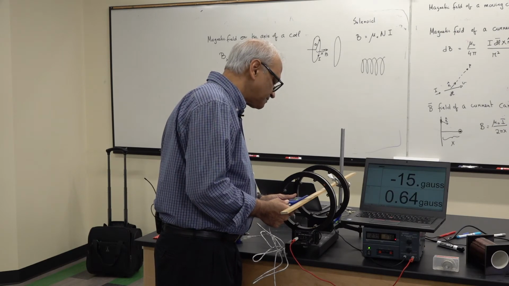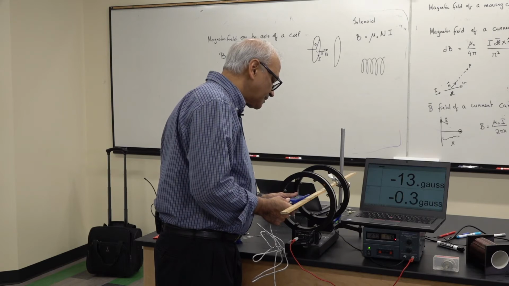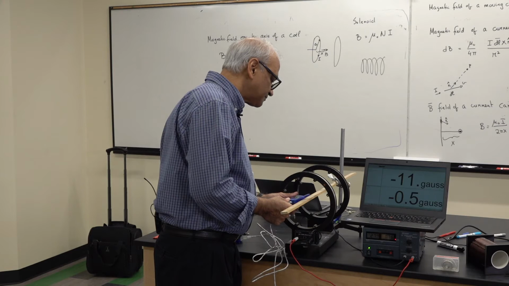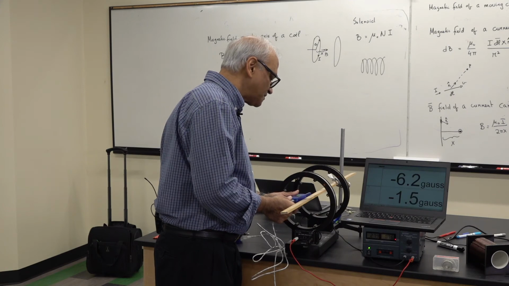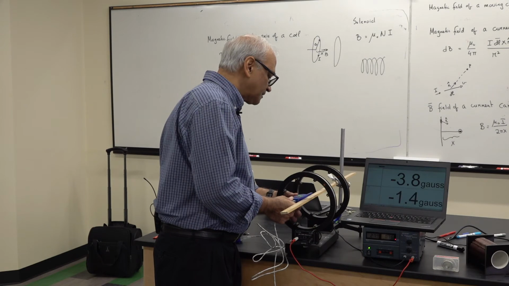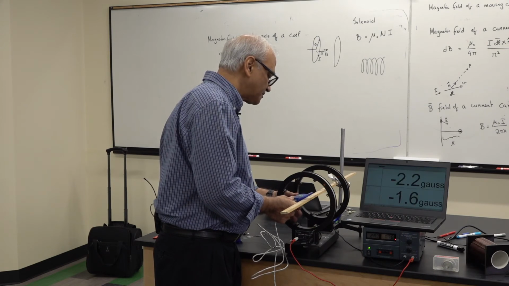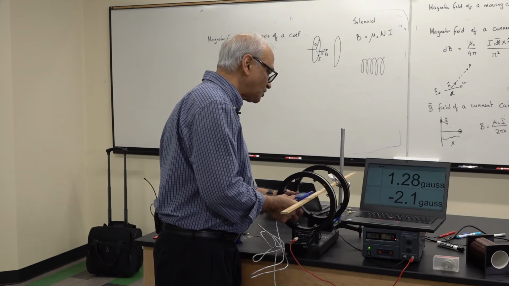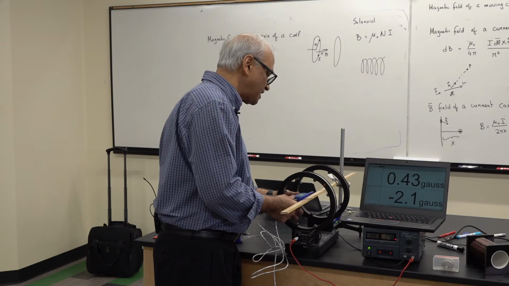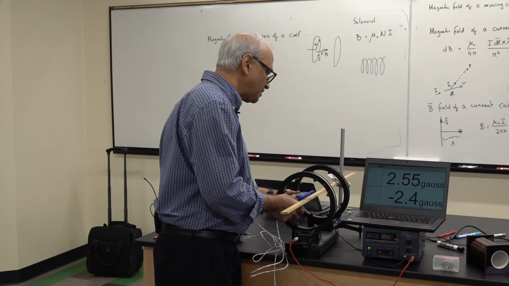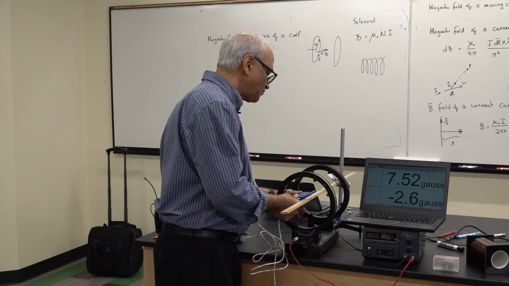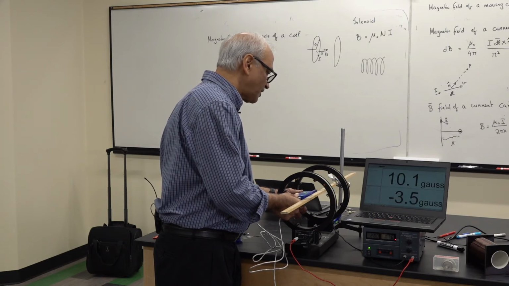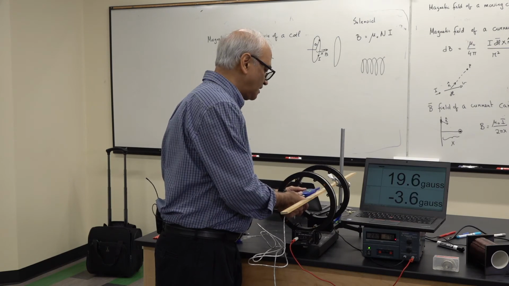35 is 14. 36 is 10. 37 is 8.5. 38 is 6.0. 39 is 3.8. 40 is 1.2. 41 is 0.8. 42 is 2.4. 43 is 4.8. 44 is 7.7. 45 is 9.8. And 50 is 20